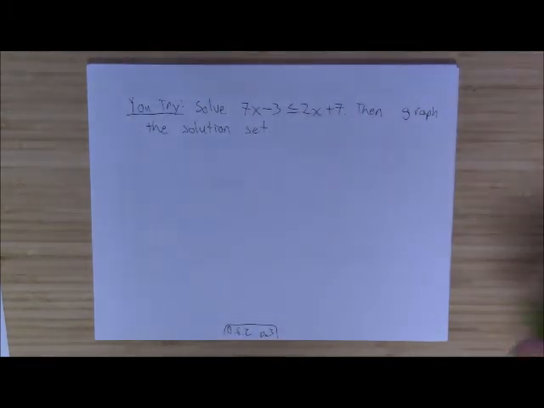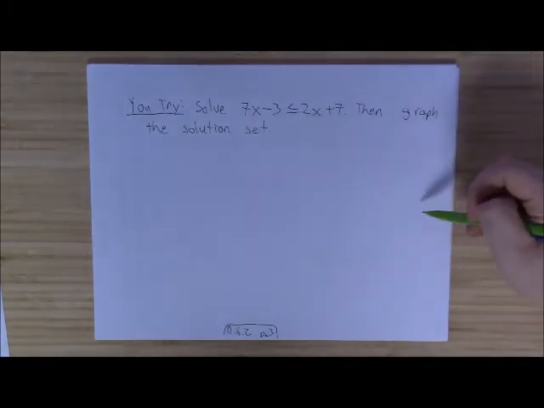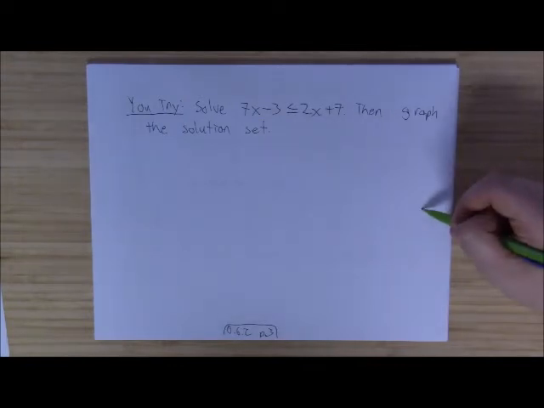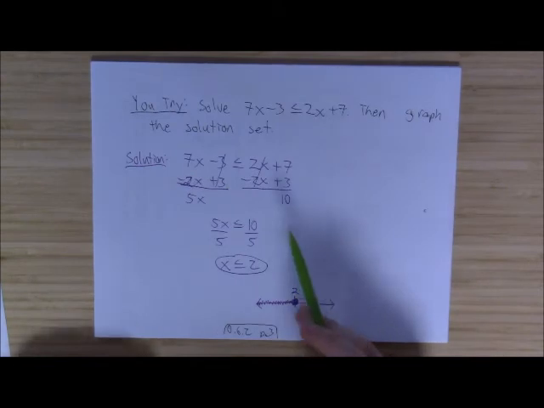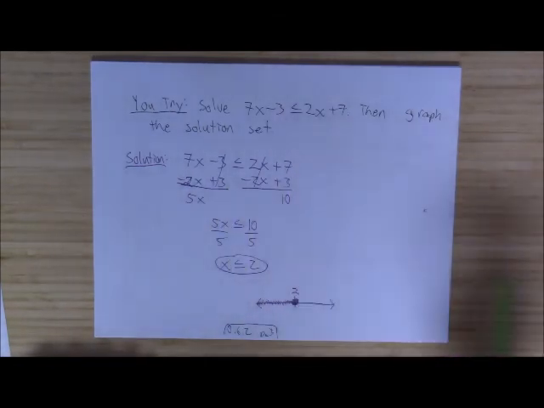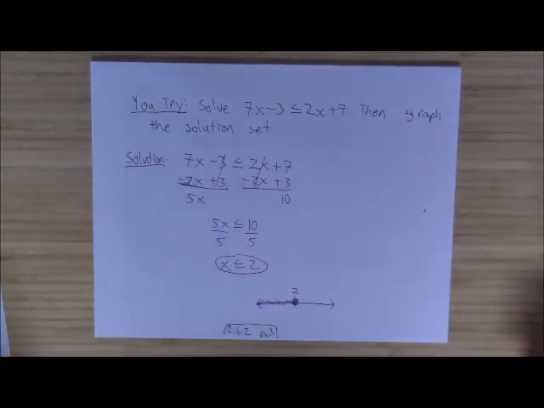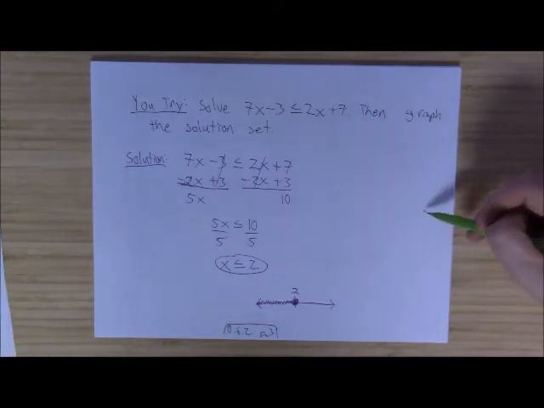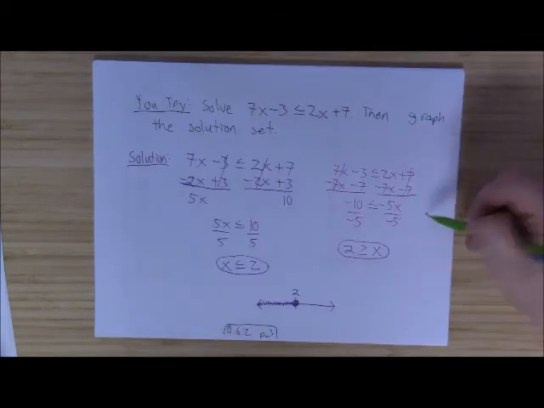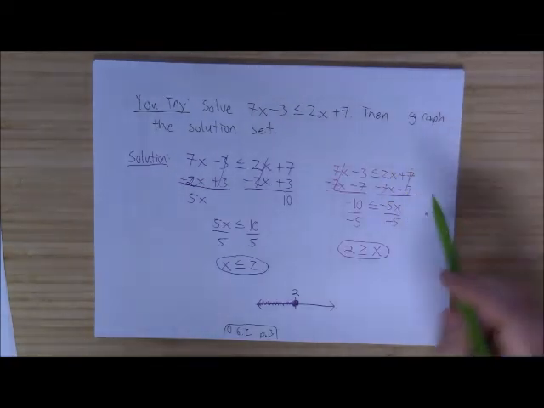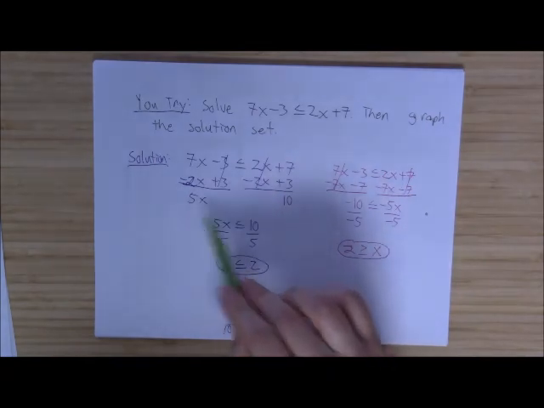On the count of 3, I'll reveal one of the solutions to it. 1, 2, 3. So this is one solution for the problem. However, there is another way you could do this problem, so consider this way of doing things. 1, 2, 3. So in considering this solution, before I made sure I kept everything positive,